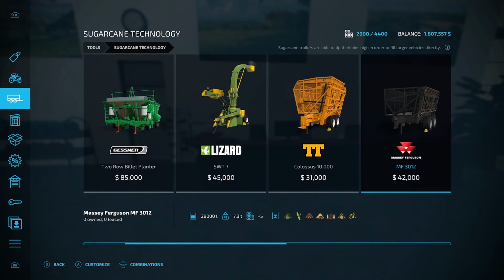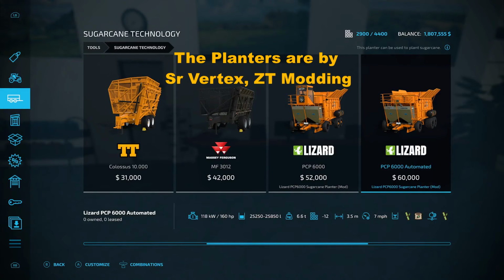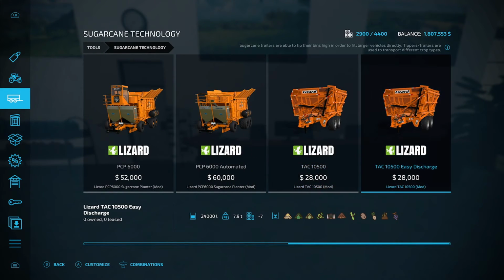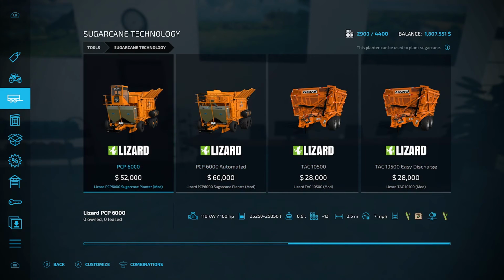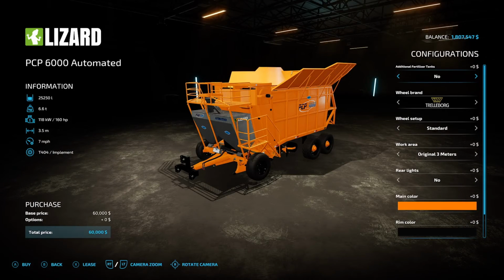So what I've done is I've downloaded a couple of mods. So we've got the PCP6000, P6000 automated, and we've got these two fantastic trailers as well. These are more for harvesting, but what we are going to do is use these planters to help us out. So I think we're going to go for the automated one. We're only going to lease these, but I'm going to put some additional fertilizer in there. And